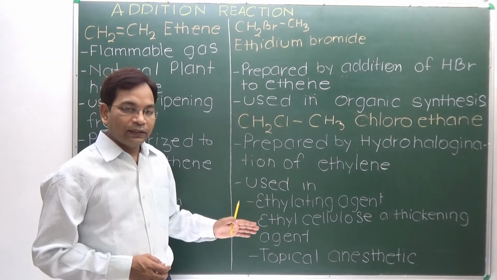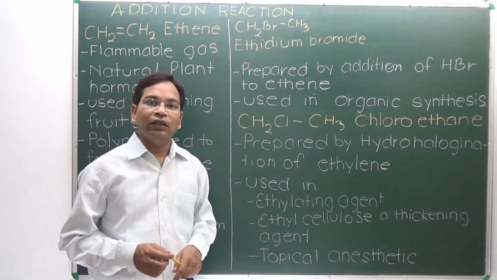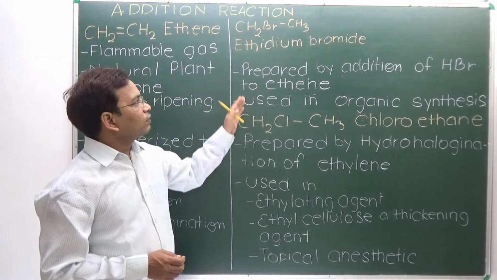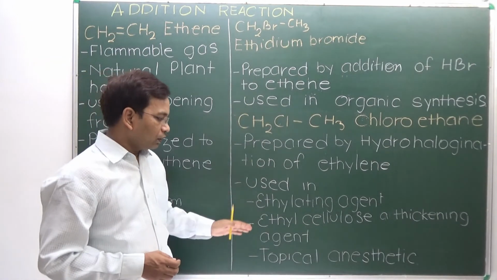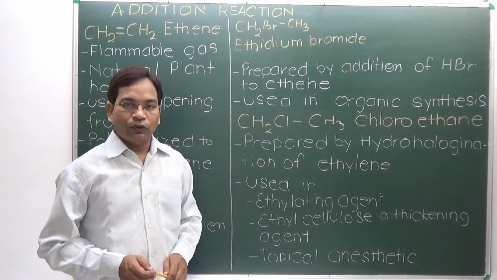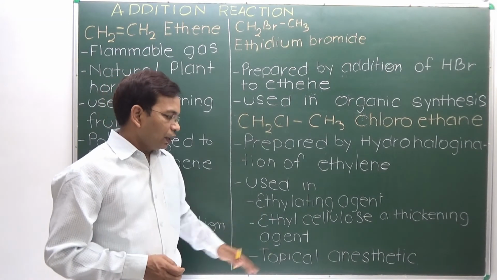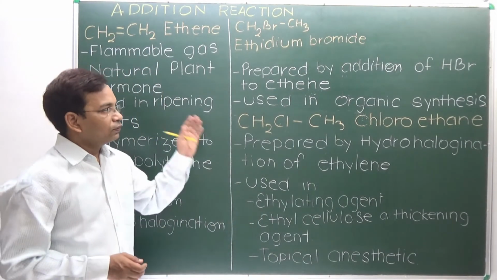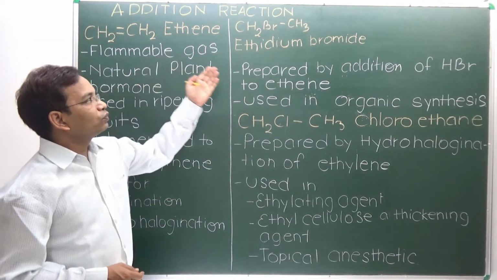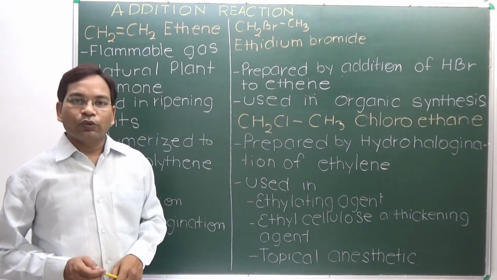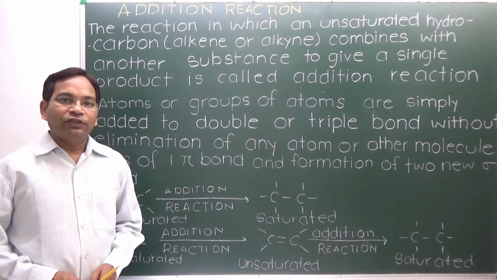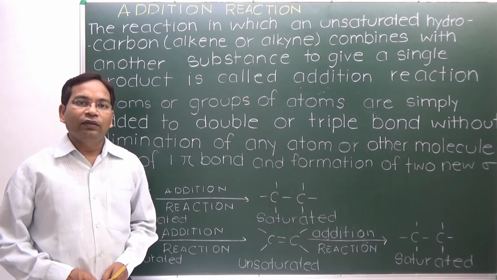By an ethylating agent, the cellulose molecule, which is obtained naturally from plants, is ethylated by an agent like bromoethane or chloroethane to produce ethyl cellulose. Ethyl cellulose is used to thicken solutions for pharmaceutical and food products and is also used for anesthetics. So these different compounds are used differently because of the addition reaction of ethene to form bromoethane and chloroethane. Addition reaction is the simple addition of another compound to an alkene or alkyne.